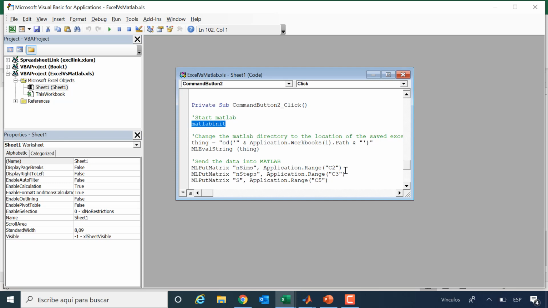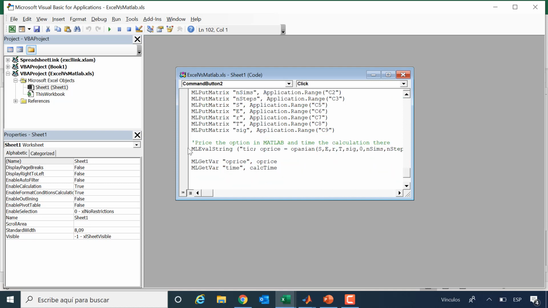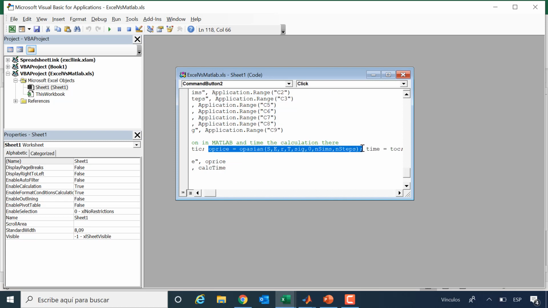So what I'm saying here is put the content of the cell C2 into the variable nSteps in MATLAB workspace. Equally, the content of C3 in the variable nSteps in the workspace, and so on. And then eventually I'll get to a val string, where here is calling for the value of a derivative. Okay, so output variable, MATLAB MLX, and then the input. So this could have been exactly the same as our MyMagic example.